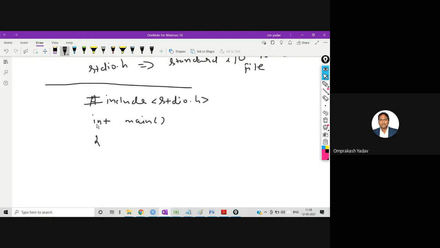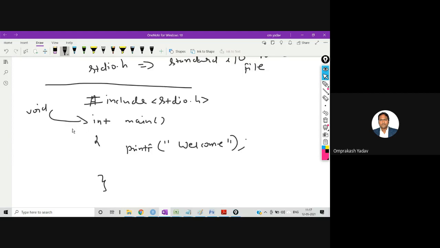In place of void, I've written int, and here I am writing printf. I just want to print welcome on the screen. I've closed the bracket. So remember, what will be the difference in this? In place of void over here, I have written int.